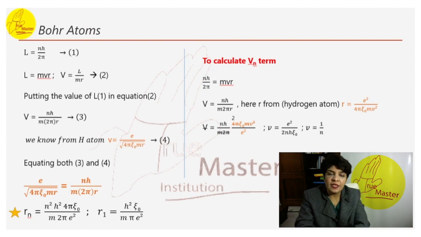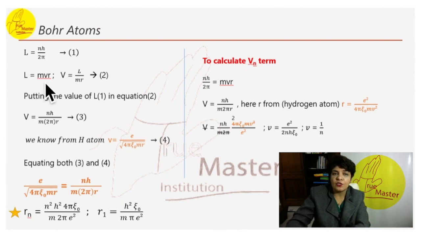If we have to calculate the angular momentum, denoted by L, it equals mvr. We know this, L is equal to mvr, and Bohr quantization for angular momentum is nh by 2 pi. Okay, so here we know L is equal to mvr. So taking mv on one side and bringing the rest on the other, so L by mr. From this formula, taking v on one side, v is equal to L by mr. Marking this equation as 2.